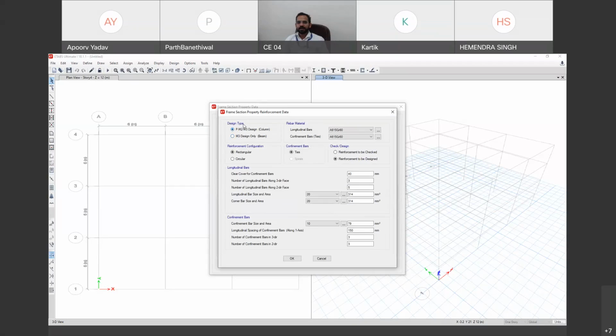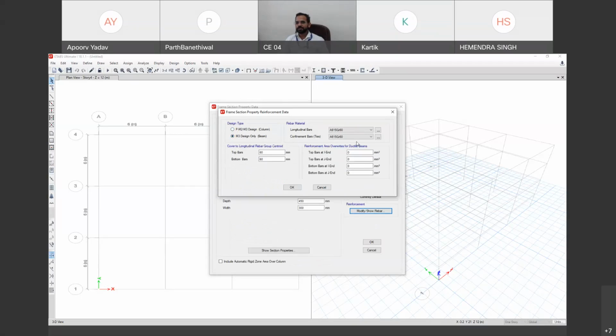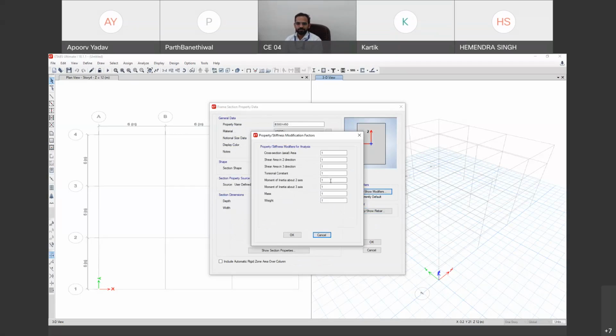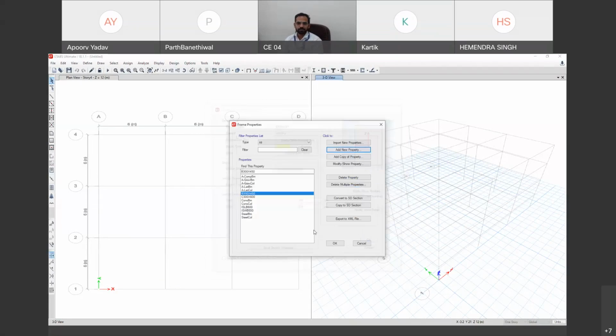Here design type we have to change to beam, M3 design only, and here longitudinal bar is this and confining tie is this. Cover I'll say 30, bottom also 30. This I don't need to provide. Here also this moment of inertia is different, I think 0.35. I have to recheck this. I'll click OK.